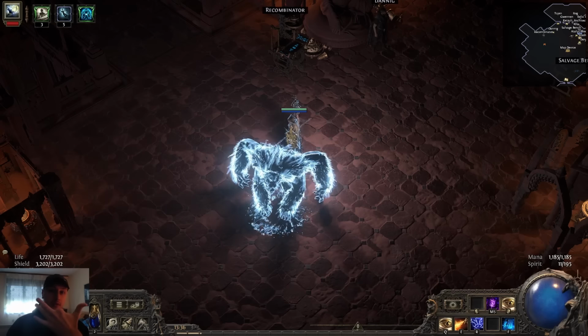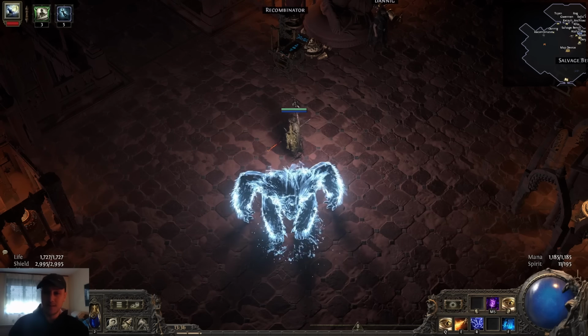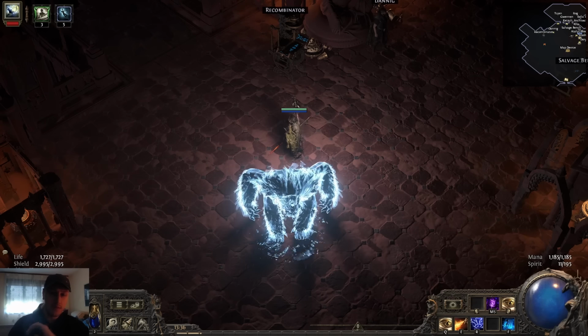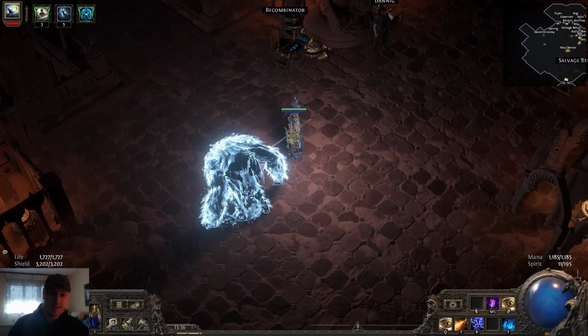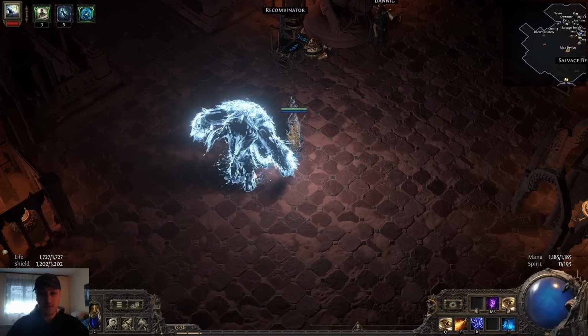Hey guys, Fourfinger here, and I wanted to give you a final update on the build, because right now it's doing really well. It's farming Simulacrum 4, it can do pinnacle bosses in like under 10 seconds. I'm really happy with how the build went, and I did make some changes which we'll go over through the